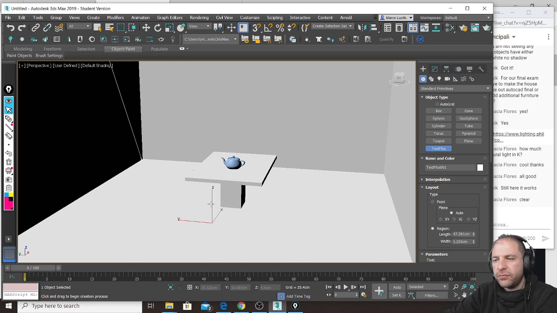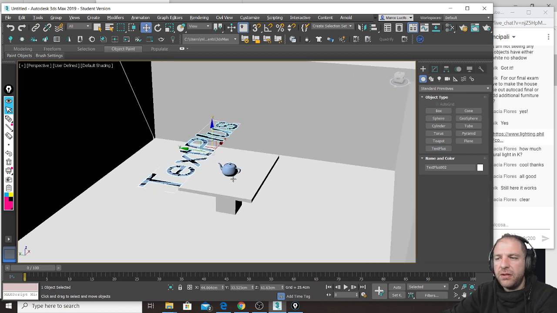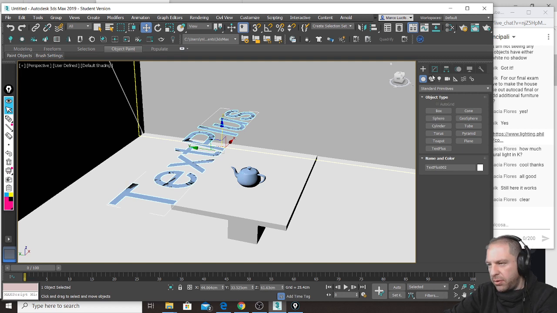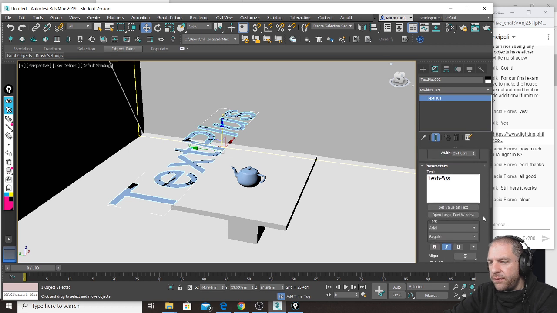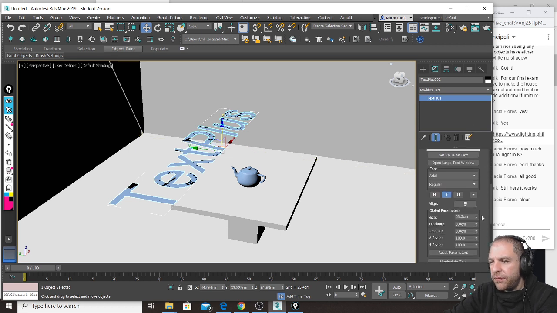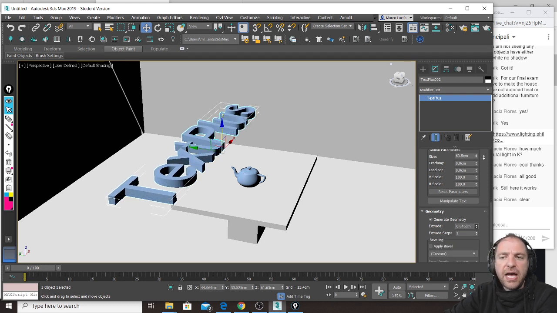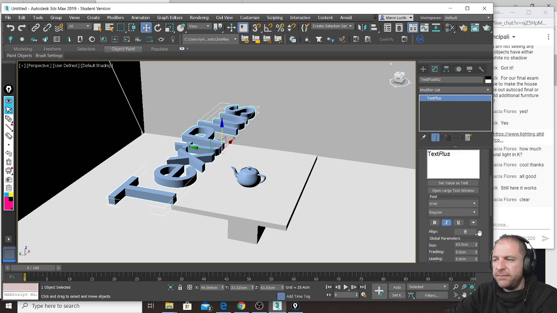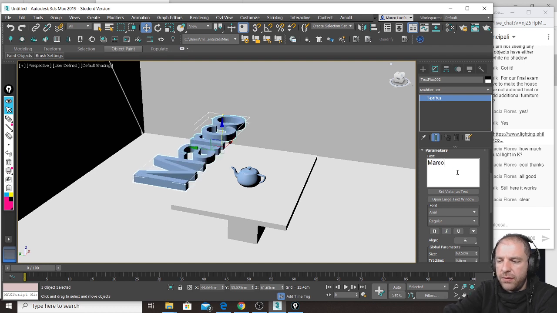So I will also create this weird object that is called text plus, simply because it is like an extruded text where you can write something that makes more sense than just text plus. Let's say I will write Marco,